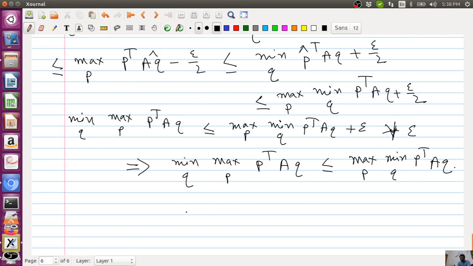And earlier we saw that the other direction is easy. So we conclude that these two must be equal, and that's the end of the